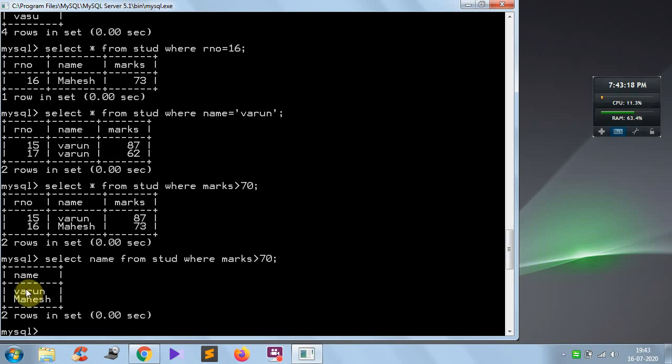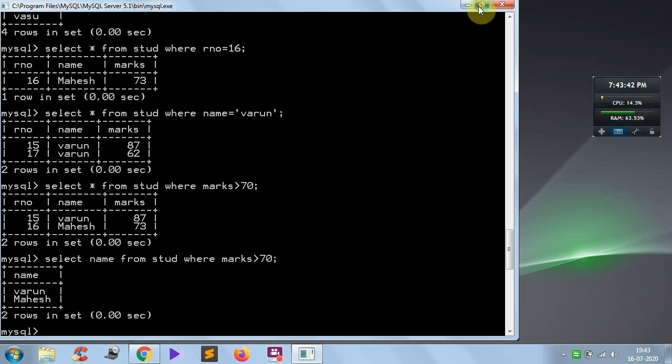See that in this case I am displaying only names, in the other case I am displaying roll number and marks. The reason is that here I have given star. Star means it includes all the columns. Instead of star, if I give the column name, it fetches the data from the specific column only. So like this we can display the details of the specific column.